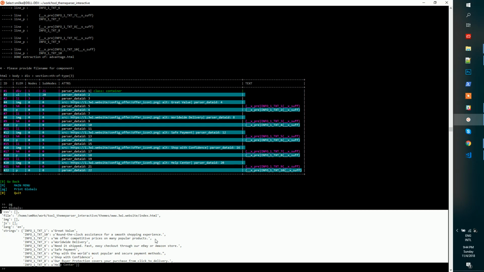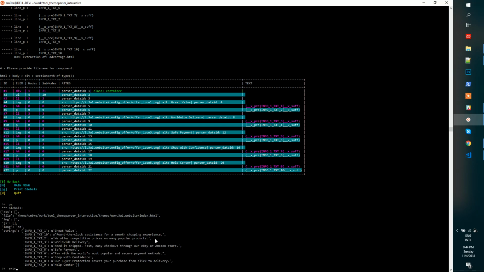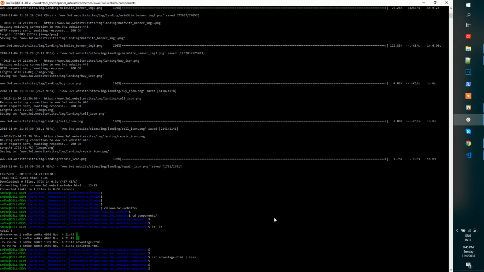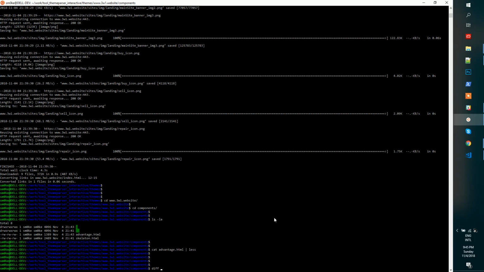Let's say we want to extract this component as .php, and we want to use it in a plain PHP application. Okay, so let's go back to the advantage.html and advantage.php. The new component